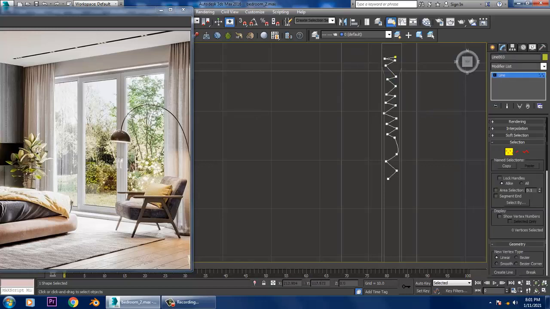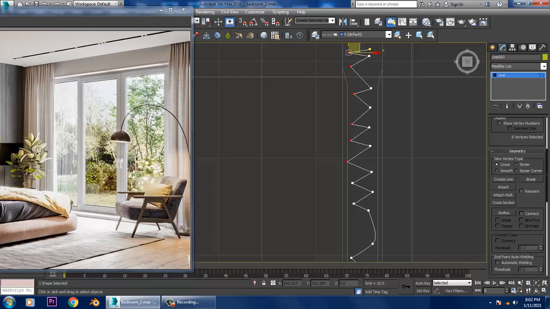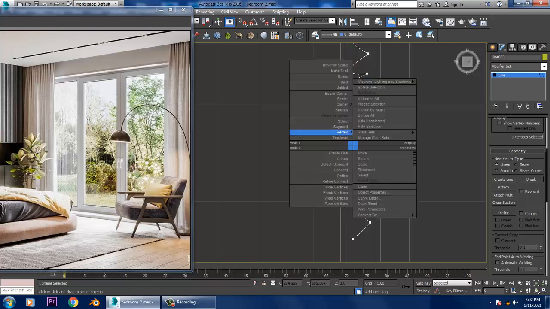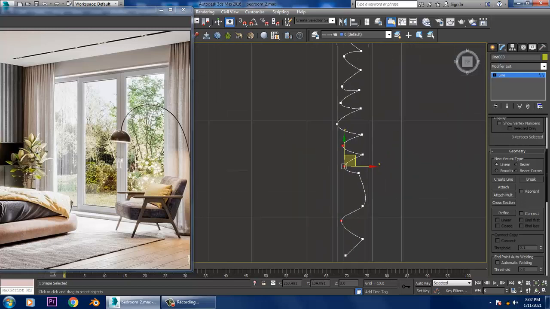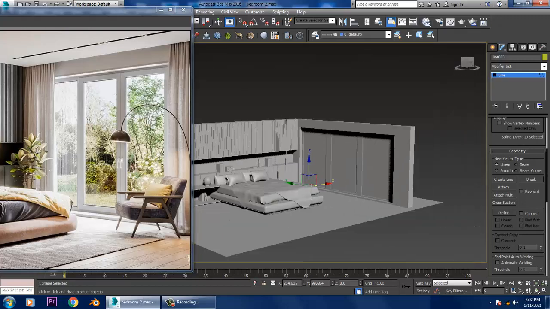I'll select the vertices, right click and I'll make it smooth. Once you're done with this, if you want, you can slightly push it a bit inside over here. These are just a basic shape I have created.